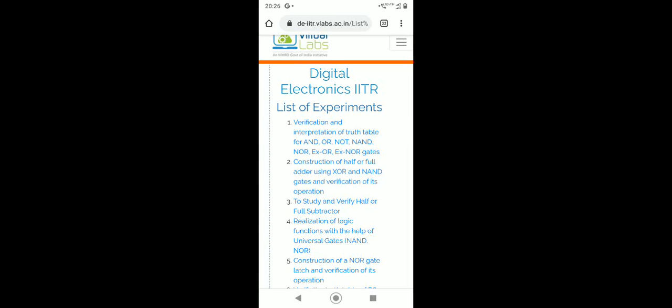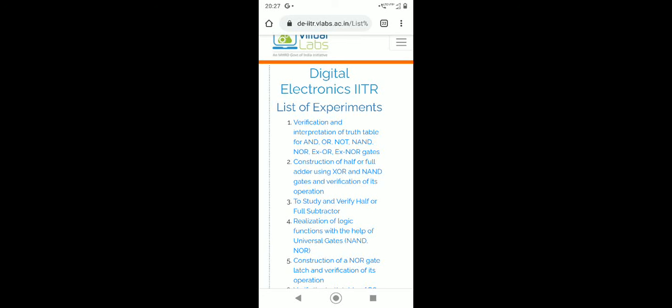Basically what we are doing in the digital lab in our computer science or electronics department, this is in our fourth sem, or the third sem of computer science, in the form of some logic gates and multiplexer, to become accustomed with the gate ICs.